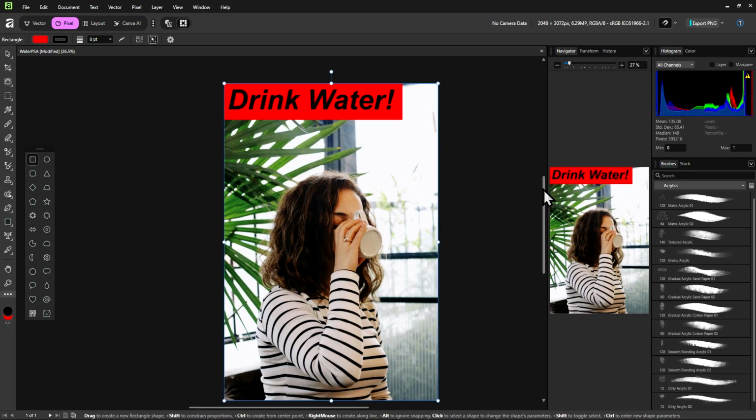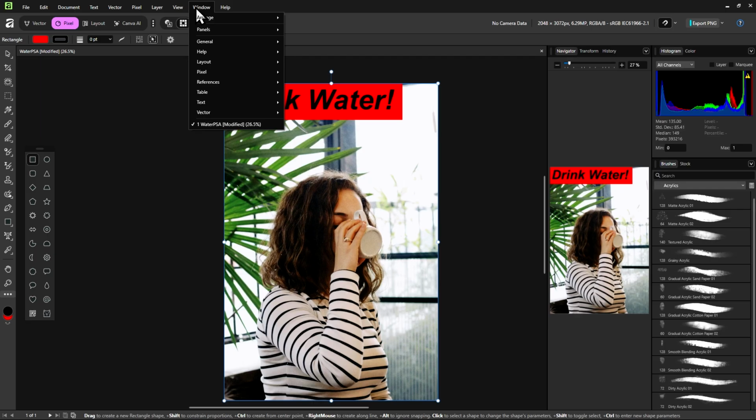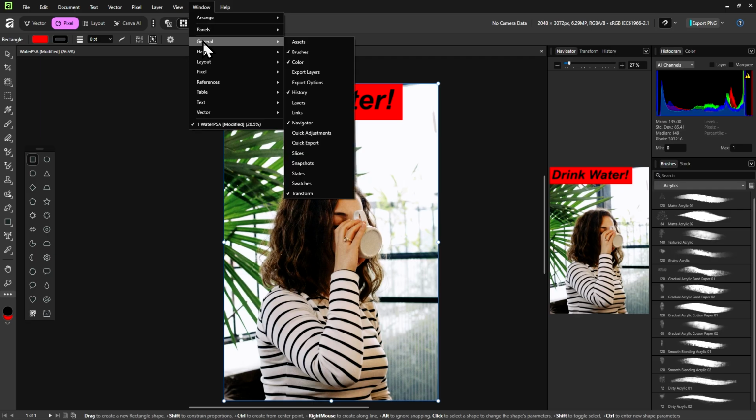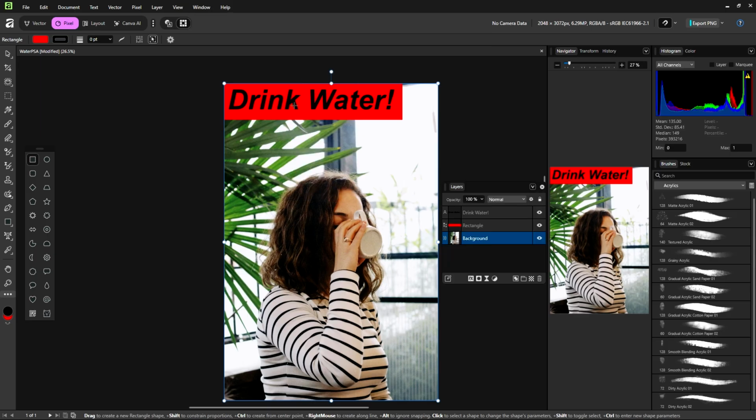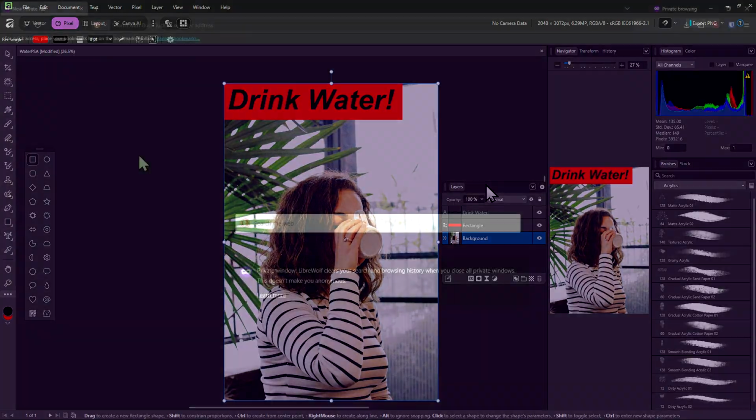But don't worry, they didn't disappear. And if you like where they were, you don't have to reposition it either, because you can open one of the panels in there back again in the window menu, like layers, and it will be where you left it before you closed the panel group.